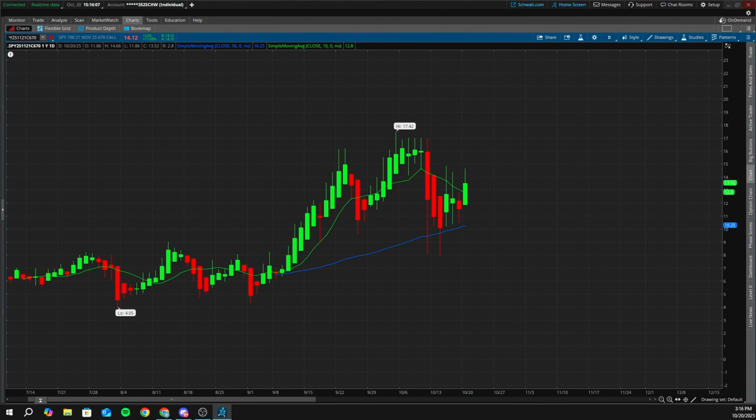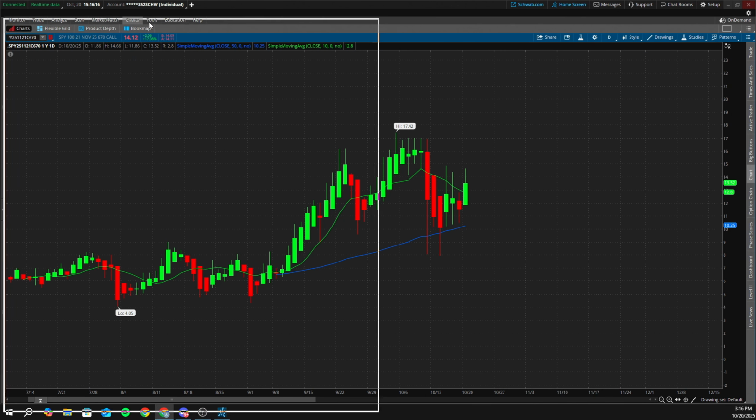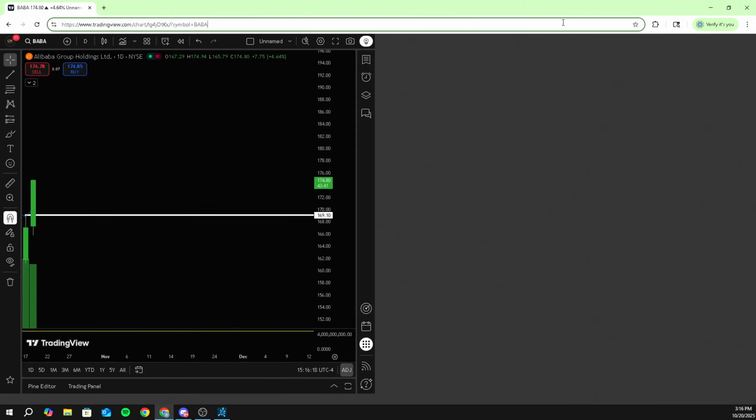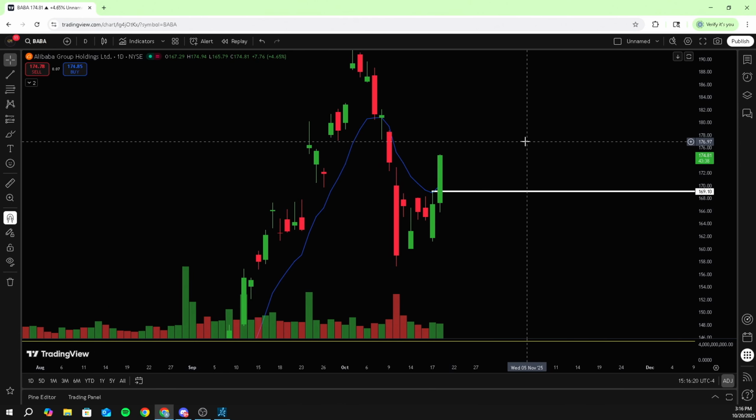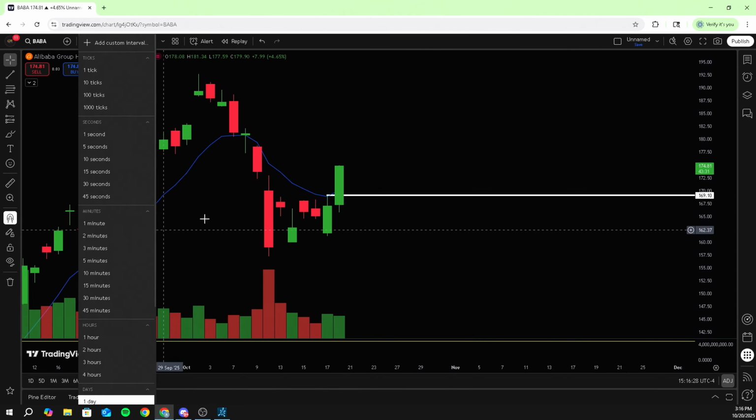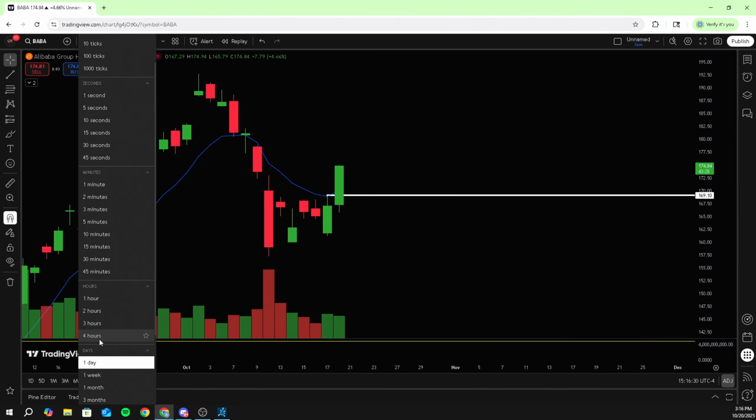We did play in individual stock, which was BABA. I'm going to drag the chart over here. It's actually ripping into the close here, which is nice, but let me drag this over so you can see it. But this is just a regular stock play. This is how I trade regular stocks. I don't really use the system for it. I just been liking this for swings mainly, and it's pretty simple.